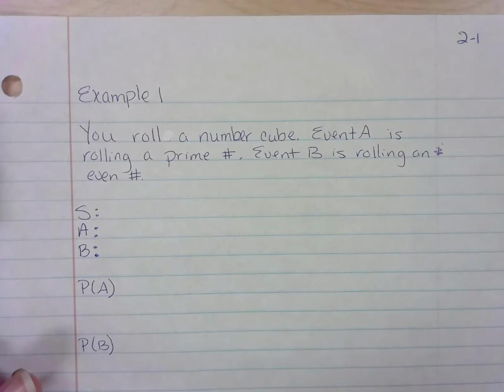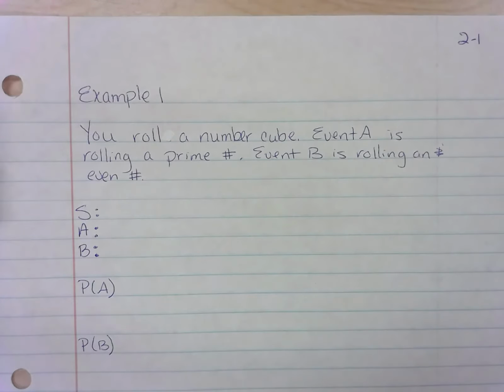This is the second video for Unit 7, Lesson 2, Introduction to Probability. And in this video, we'll go through and do all of the example problems that are in your notes folder. So the first example problem says calculate the probability of event A, the probability of event B,